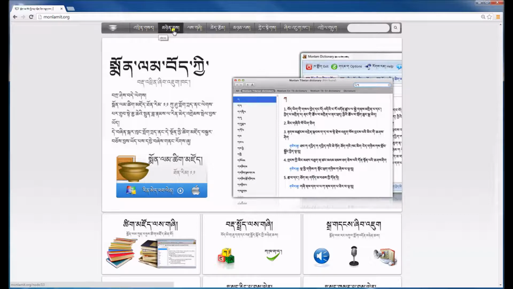Probably these will all be squares or rectangles or unknown characters. So make sure you watch the previous video, video number 32, and follow the instructions in that video. And once you have that completed, then go to the same website,